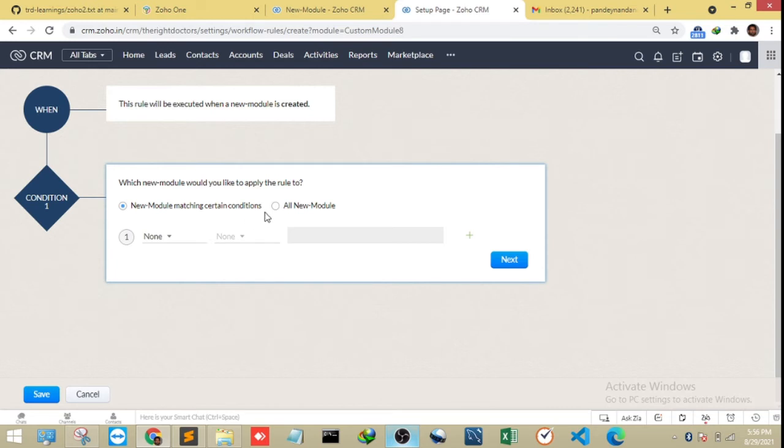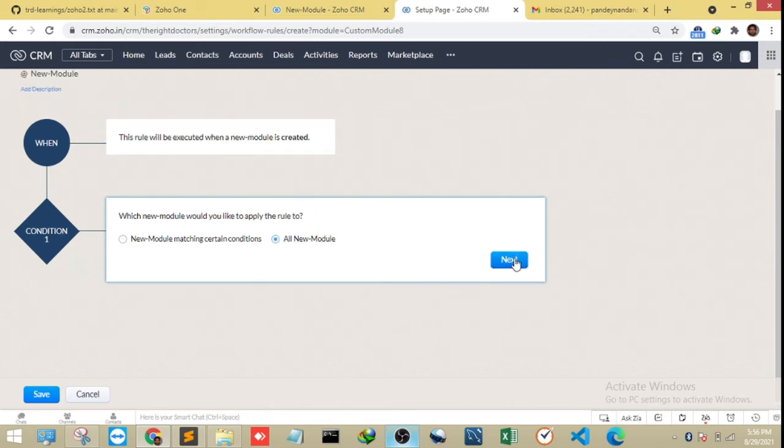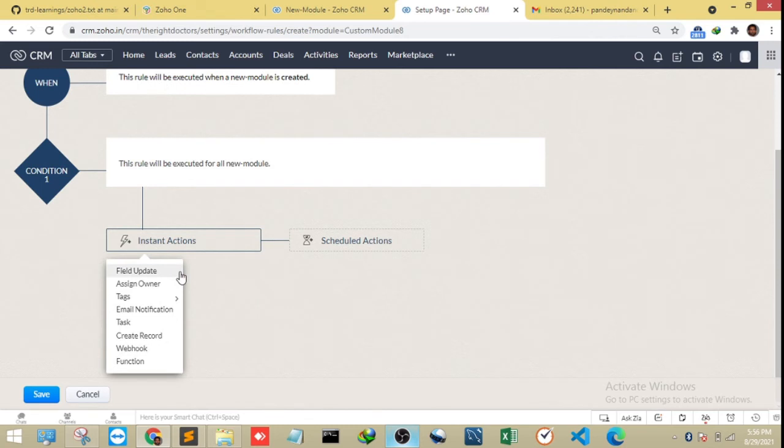And I want to apply this on all new module records, right? If you want some specific criteria to match for any record, then you can use this, else you can select all new modules. It means whenever a new record is created in that module, then execute, right? And what I want to do, instant actions or scheduled actions,